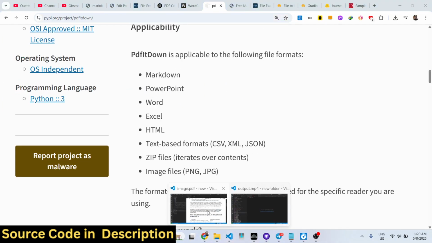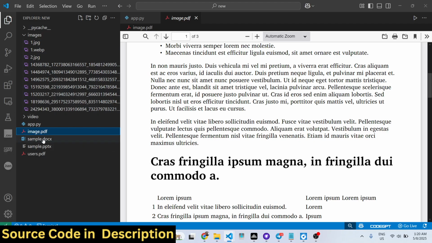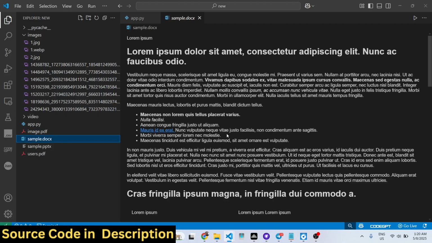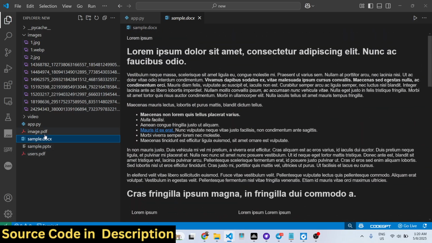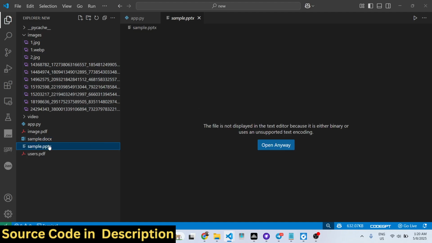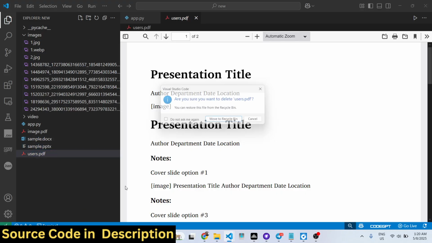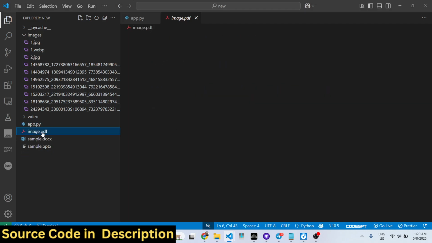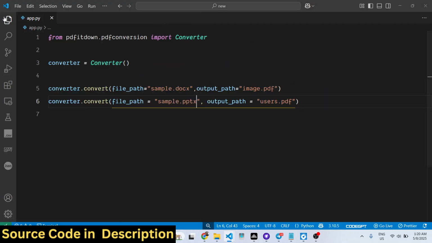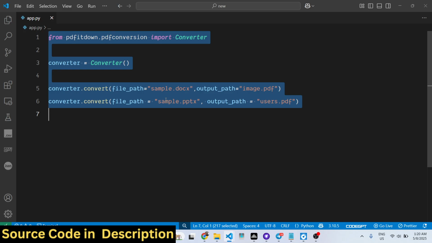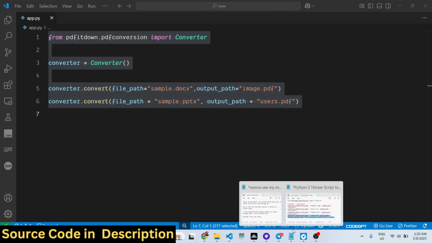Let me show you the simple Python script. So once you install this, as you can see, we have this Word document file right here, and we got this PowerPoint file as well. So we will try to convert this into PDF. So what we will do, we will actually write a simple Python script. So simply write this, and after that we will,